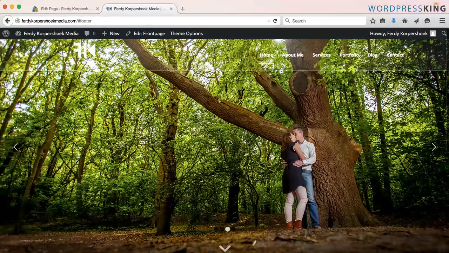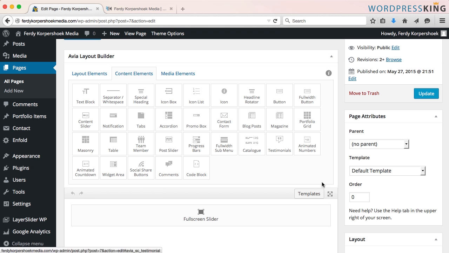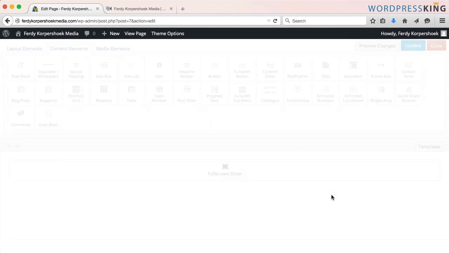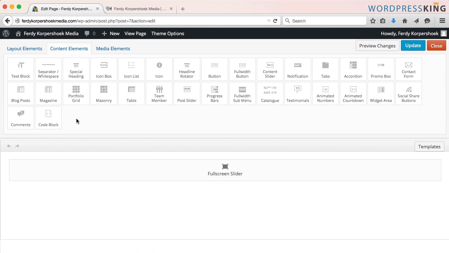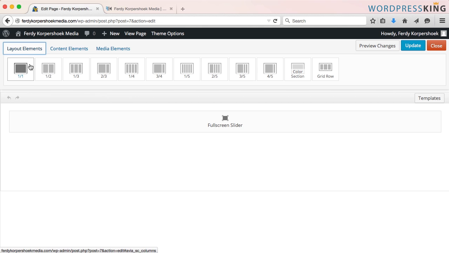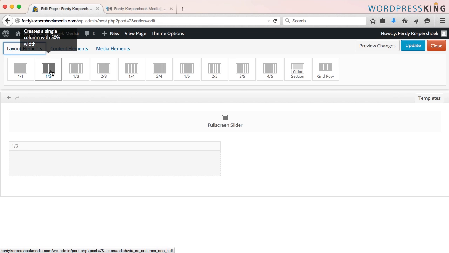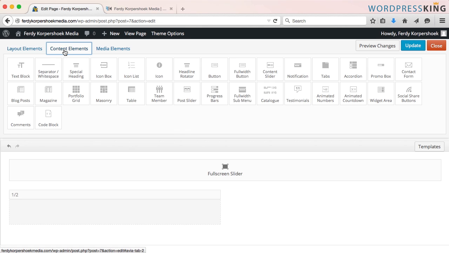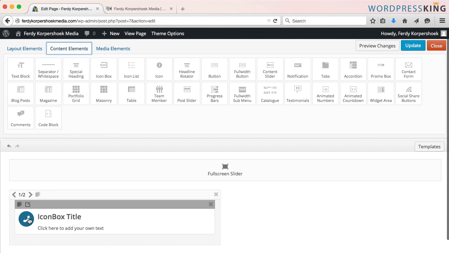But I want to add some more information to the home page. So I go to Edit Page, I push the Expand button, and I want to choose two elements. So I begin with this one, and then I go to Content Elements, and I choose an icon box, and I drag it over here. I click on it,